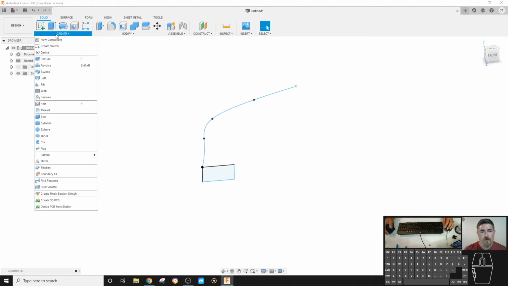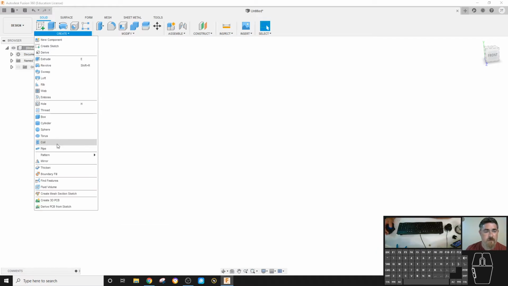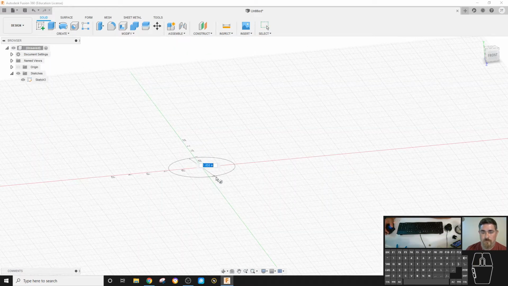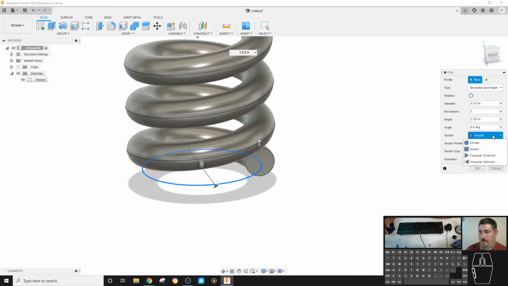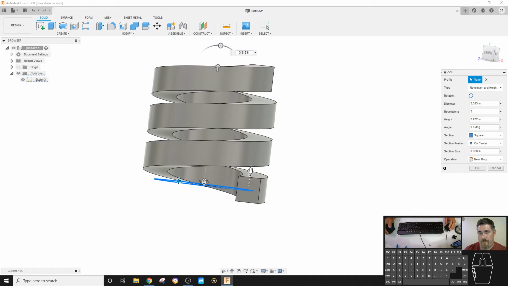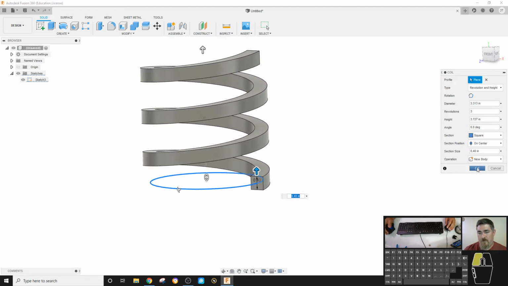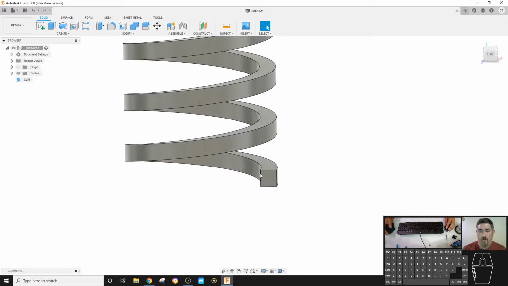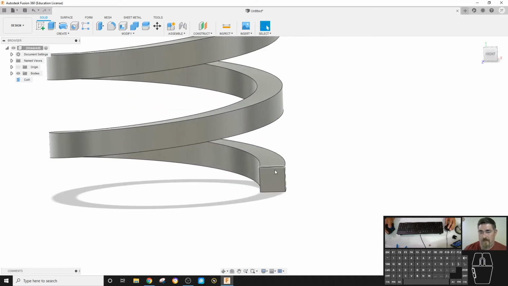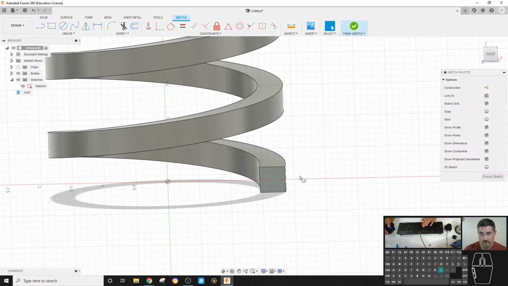So delete those and show another use of this. So let's say I create a coil and I make a square coil. Here. So let's make that square coil. And I want to cut a notch in the top of this. So if I create a sketch here on this face and I draw in the notch that I want to cut,